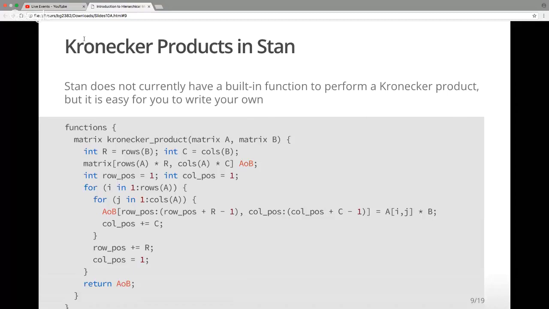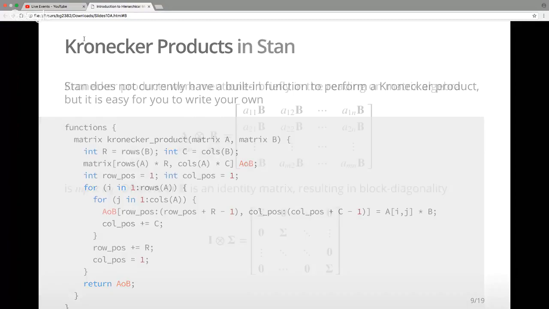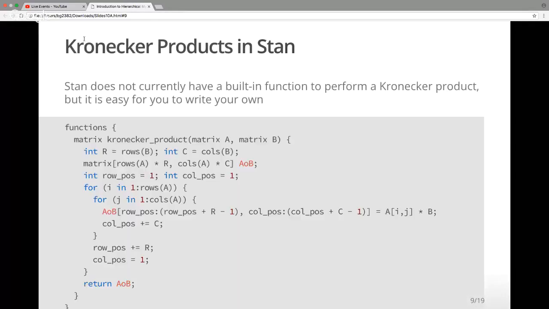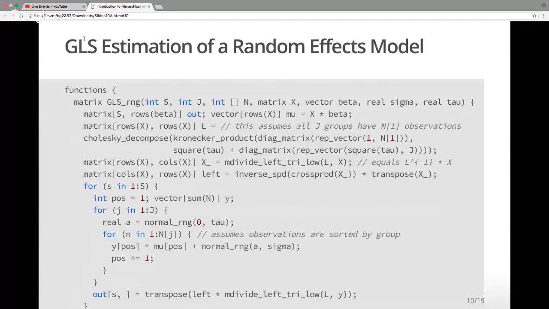Once you get out of the inner loop, you need to update your position as to where the next row is and reset the column position back to 1. But anyway, now we have a function that can do a Kronecker product and return out the big matrix at the end, which just corresponds to this relatively simple algebra. The only difficulty in this function is figuring out the indexing to put A, 2, and B into the right spot in the overall matrix that you're returning out at the end. So you can just basically copy that Kronecker product function if you ever need to use it.